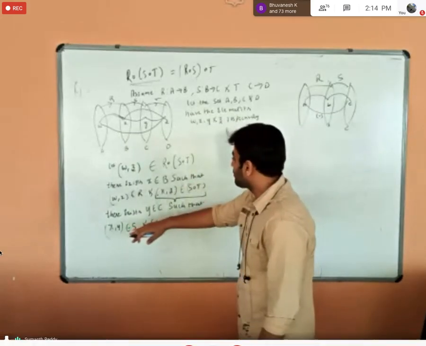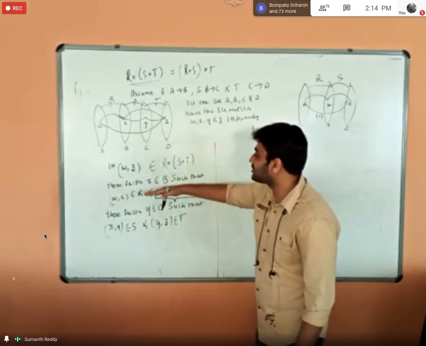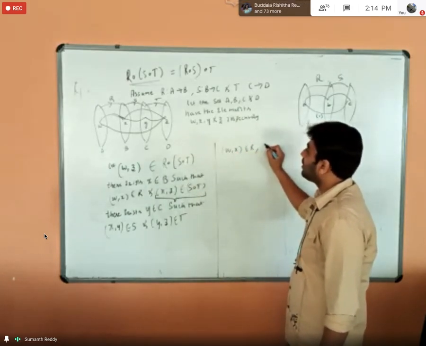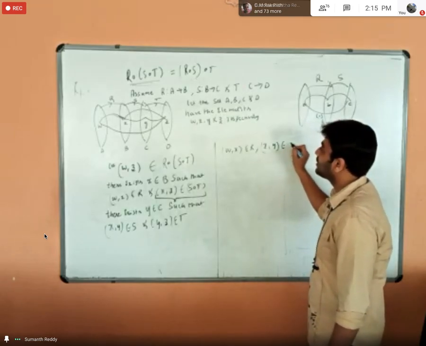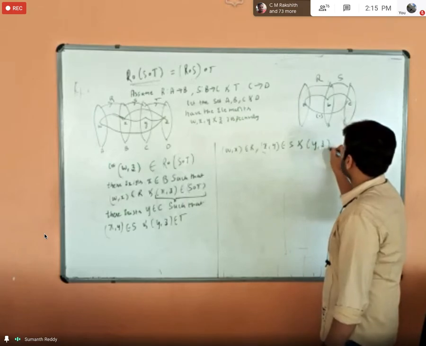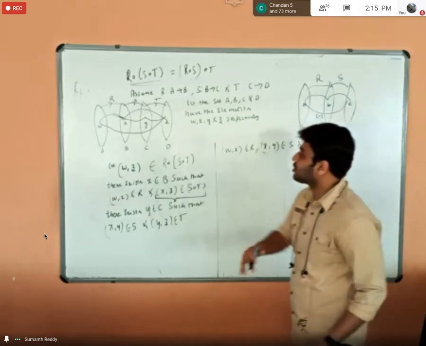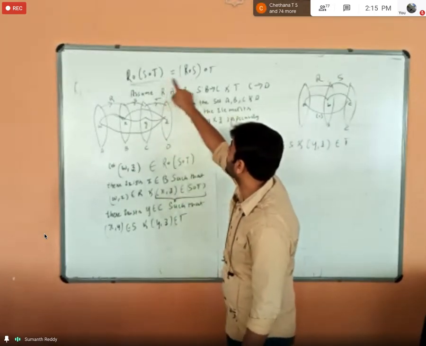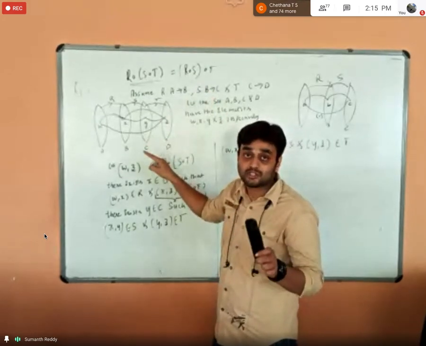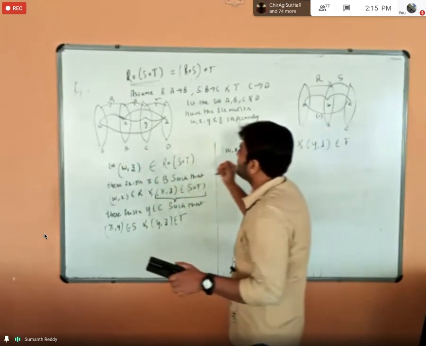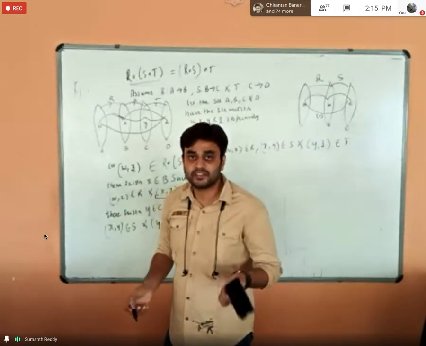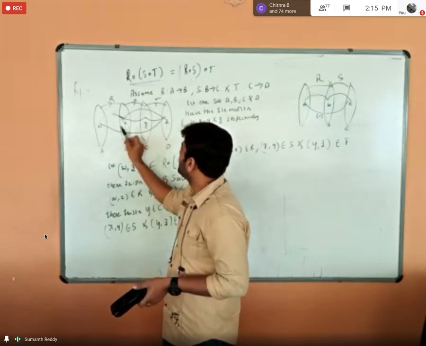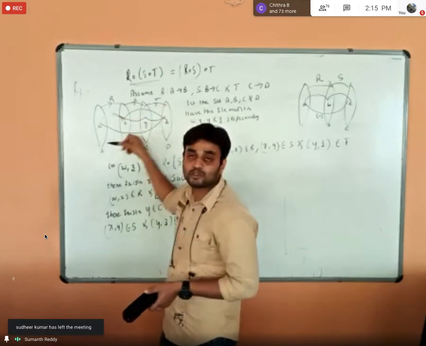After this, I will just rewrite everything, whatever ordered pairs I have. What I had is W comma X belongs to the relation R, X comma Y belongs to the relation S, and Y comma Z belongs to the relation T, right? Now I will regroup the ordered pairs. But while regrouping, I have to take a look at the RHS. This time R and S have to be together. So I will apply the same rule again, but in the reverse way. Since W comma X belongs to the relation R and X comma Y belongs to the relation S, W comma Y belongs to the relation R composition of S.